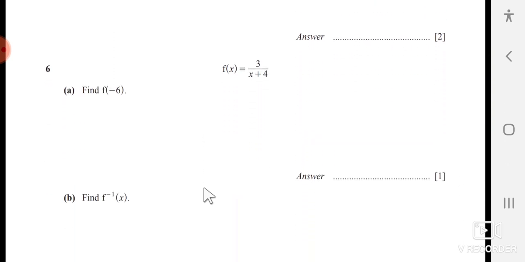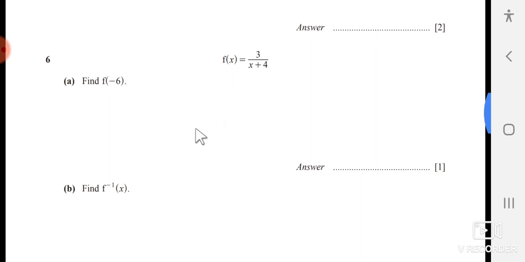Now this question 6 is a functions question. f of minus 6 you need to calculate. Just put x is equal to minus 6 wherever you see x in this given function. So f of minus 6 becomes 3 over minus 6 plus 4, so 3 over minus 2 would be the final